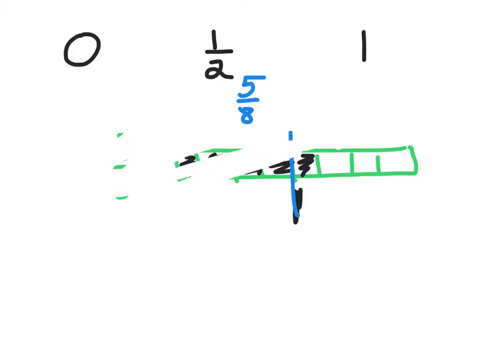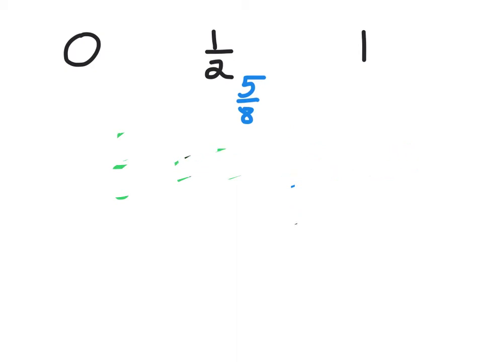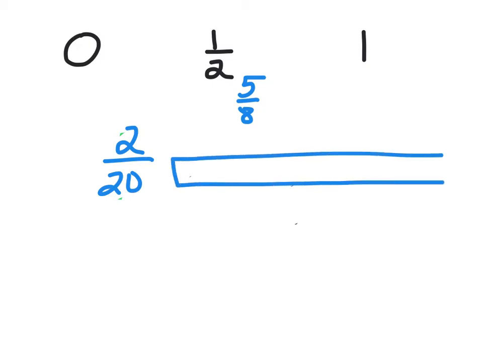Now, what if we don't have 5/8? What if we had something like 2/20? Once again, you could draw out the picture, or for your sake, you could use that online app that we have, and it's going to be a lot simpler because you're not going to have to sit and actually draw out each of these figures. It'll just create them for you. But if we're going to draw this out,